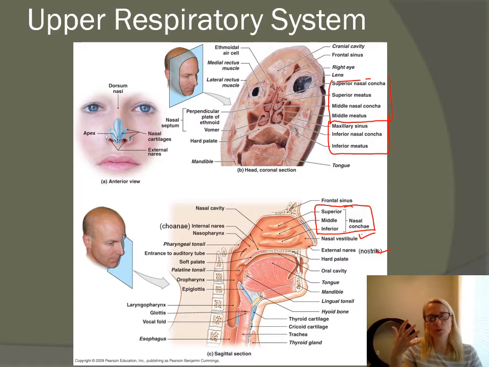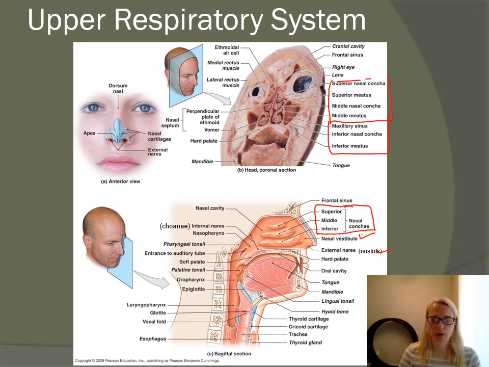And so when we're breathing air up into this nasal cavity, it bumps into what are sometimes called turbinates. It helps to make the air turbulent as it goes through, because what we want to do is trap any debris and gunk in the mucosa that's surrounding these bony protrusions. And this mucosa is very vascular. So the warm blood helps to warm the air and humidify the air. So we are, in essence, conditioning the air before we breathe it down deeper into our more delicate respiratory passageways. So your superior, middle, and inferior nasal conchae, lined by this mucosa, help to warm the air, humidify the air,